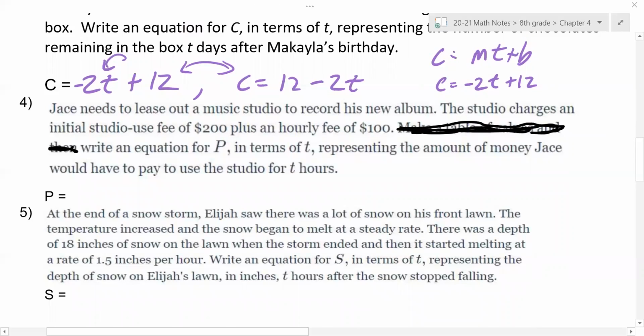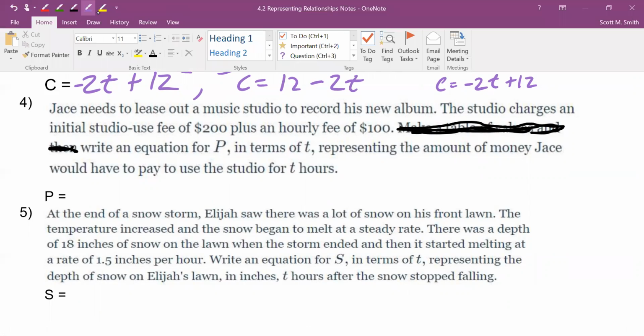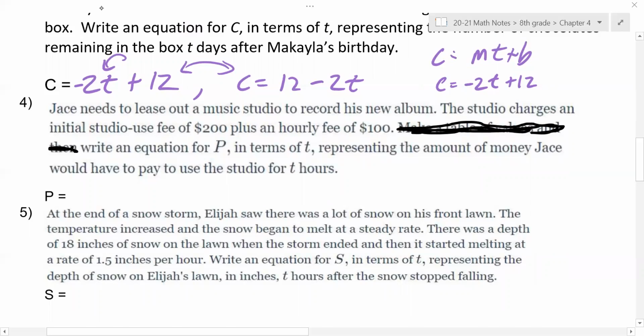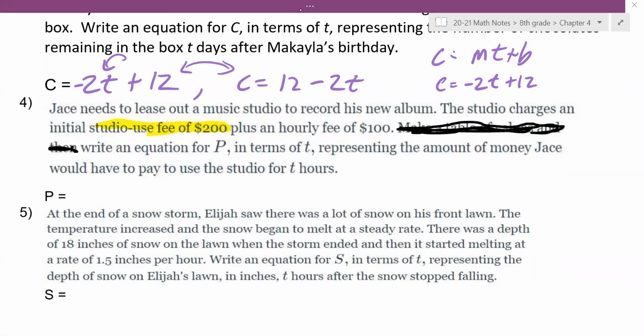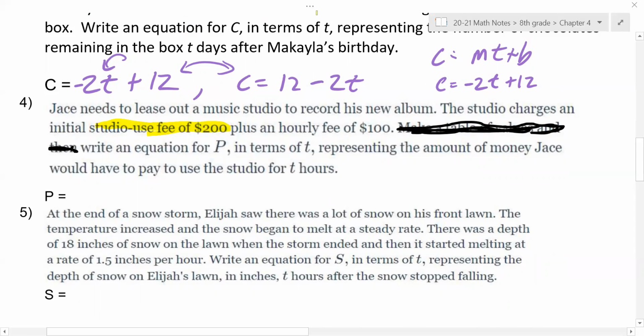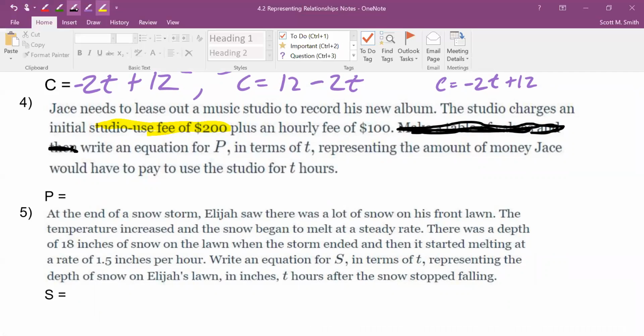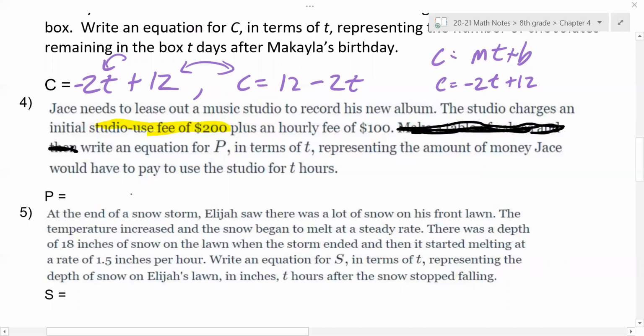Write an equation for P in terms of T, representing the amount of money Jace would have to pay to use the studio for T hours. So I'm going to highlight what we have here. So we have the constant, no matter what, we have a studio use fee of $200. So that's going to be my y-intercept, or B as it was written up there. So I have $200 plus